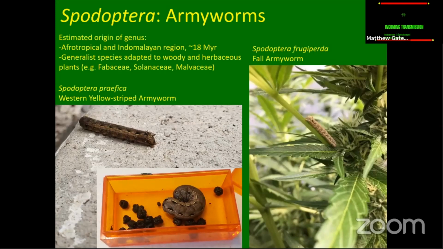Here I have two Spodoptera: Spodoptera praefica, which is the western yellow-striped armyworm, and Spodoptera frugiperda, which is the fall armyworm. They're both pretty common in North America, especially in the west of North America. And this is about the season you'd probably be seeing them. In fact, I took this picture on the left